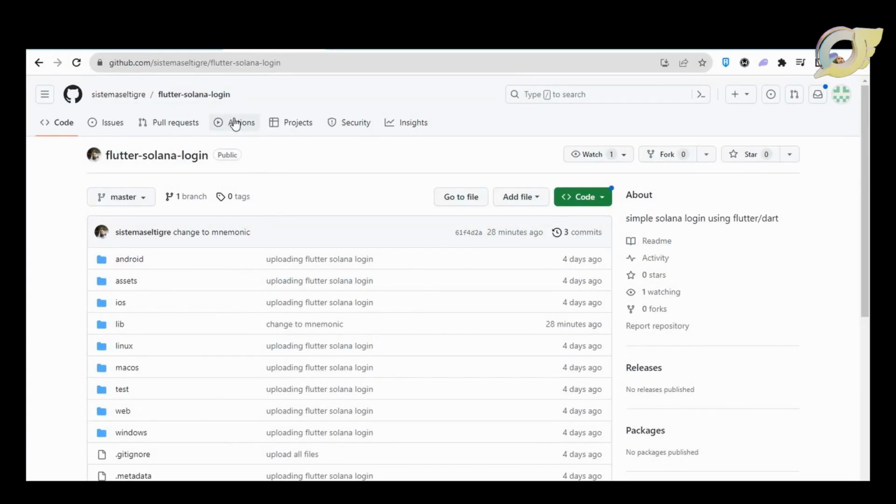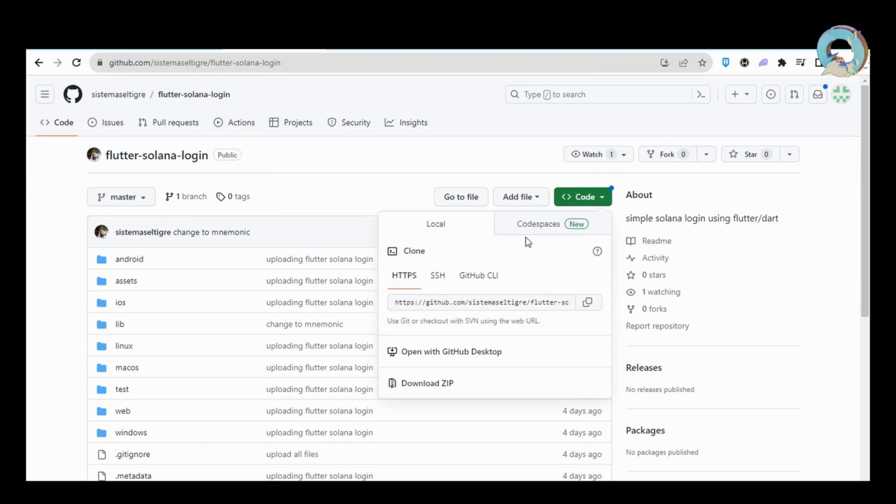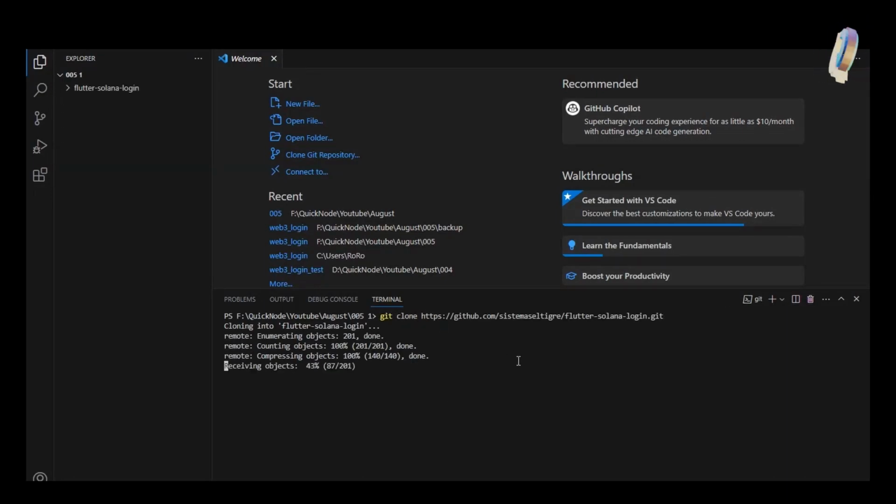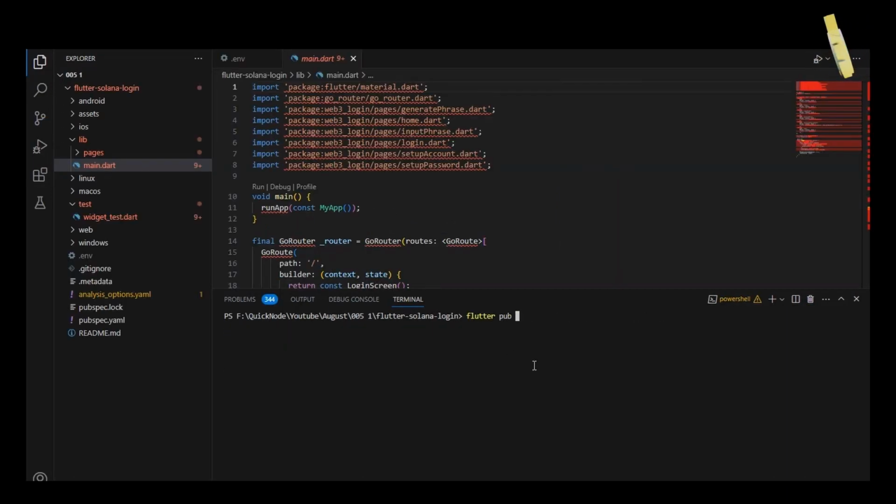Let's go to the Flutter Solana login repository, link in the description, and copy the address this way. And in VS Code, we will run git clone with the address we have copied. Let's run flutter pub get to get our dependencies,